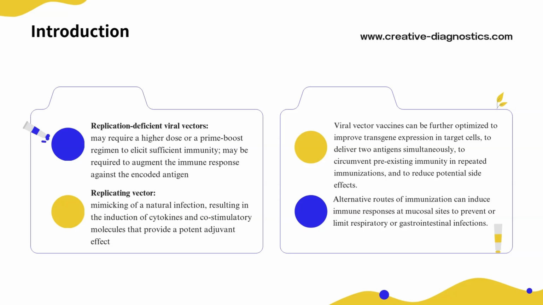against the encoded antigens. Viral vector vaccines can be further optimized to improve transgene expression in target cells, enable dual antigen delivery, circumvent pre-existing immunity from repeated immunization, and mitigate potential side effects. These vaccines also offer flexible administration routes such as intranasal, oral, intradermal, or aerosol delivery. Such alternative immunization strategies can induce localized immune responses at mucosal sites, providing protection against or limiting respiratory and gastrointestinal